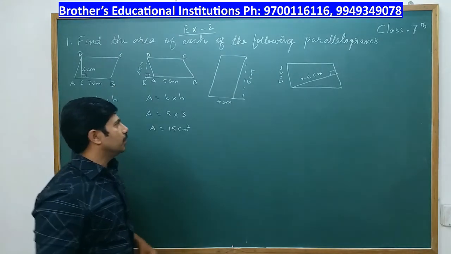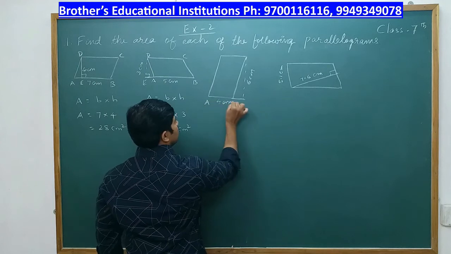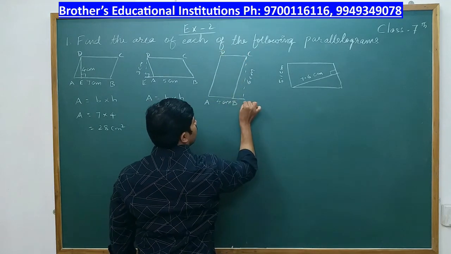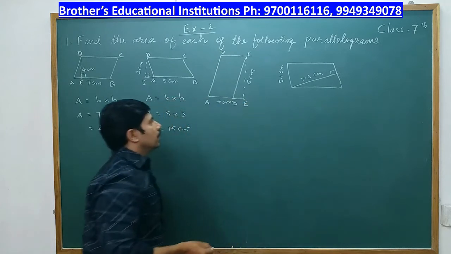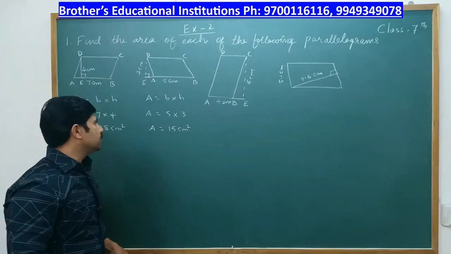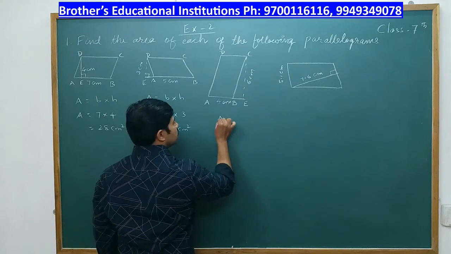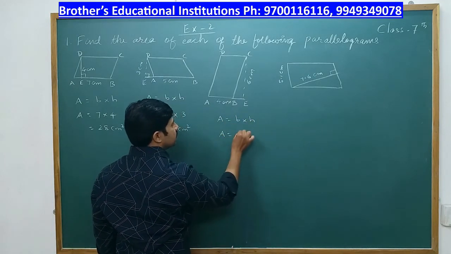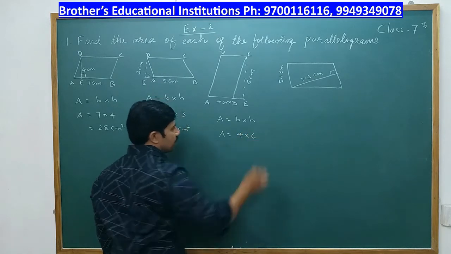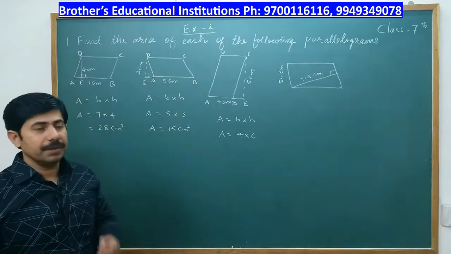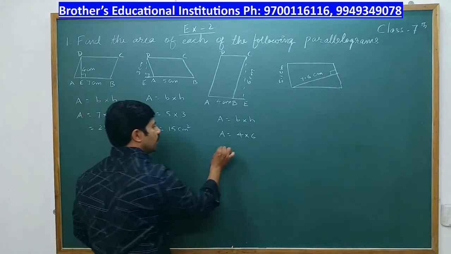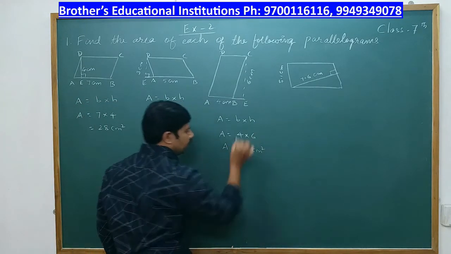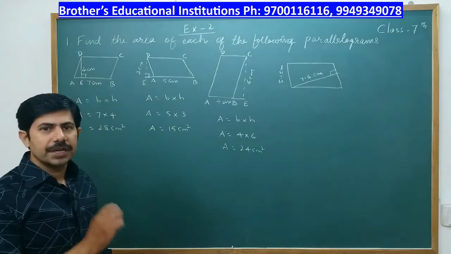Here also same thing. So assume this as ABCD, and E also we'll write down. Now what is the area of the parallelogram? It is base into height. So area is base into height. So base is 4 centimeters, height is 6 centimeters. So what is the area? It is 4 sixes are 24 centimeter square. Centimeter into centimeter, centimeter square.